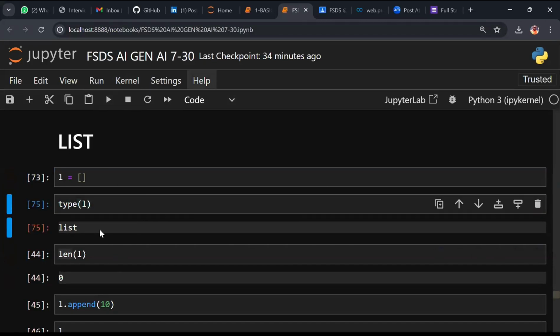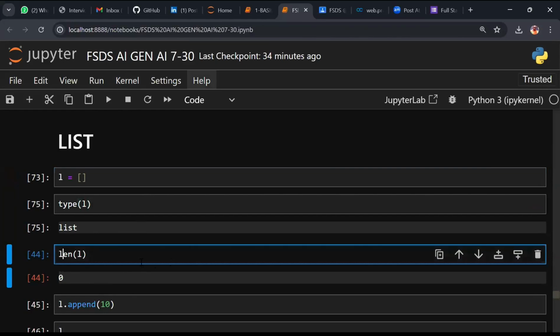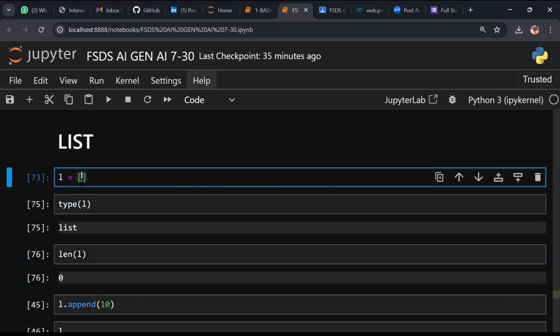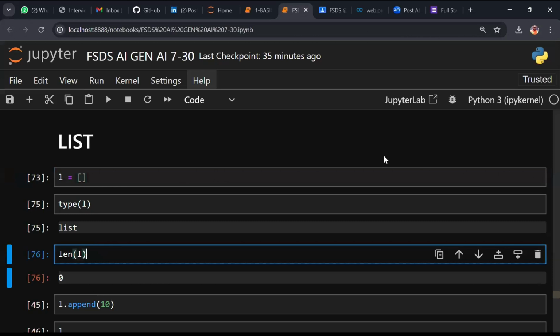It is a list now. What is the length function? It is an inbuilt function or not? Inbuilt function. A function always ends with what? Open brackets and close brackets. So length means how many elements we have here. How many values? Did I define any value inside the list? Zero. So that's why you can work with me, online team.